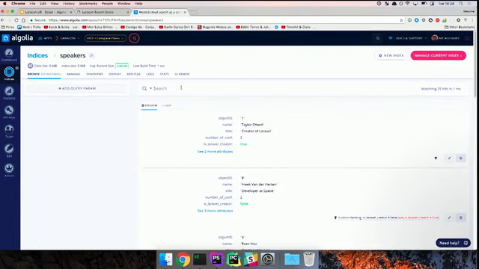If I tap T, right now our results are better. I have Taylor first, and then the other speakers. So with a very few configuration and metrics that I added, my search is already a lot more relevant. When I type T, I'm going to find Taylor. That's a lot better. So we finished the two first steps: importing the data, configuring the relevance. Let's go ahead and start the third step, which is building on top of this data the search UI.